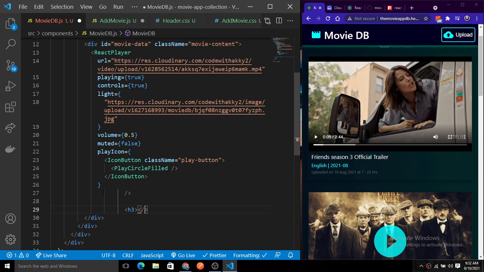Let's add a movie name, and then we have a p tag there, and inside of this p tag we have the language of the movie. We can simply add a span for the language, so we can style it later.